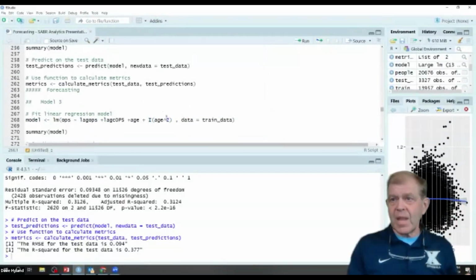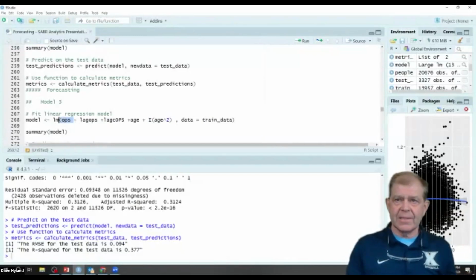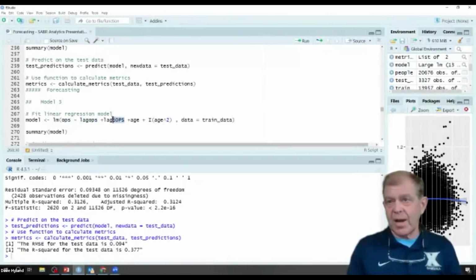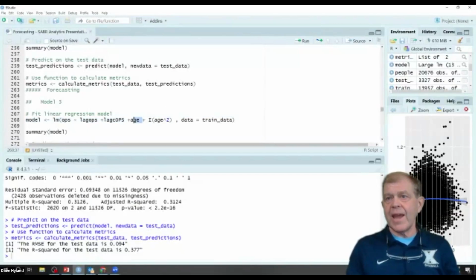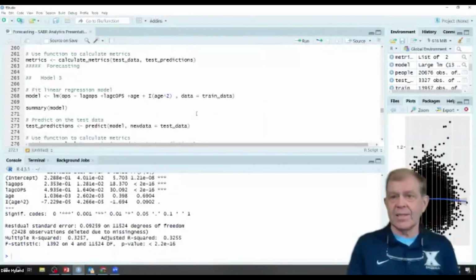So we're going to just do age squared here. We're going to have OPS as explained by last year's OPS, their career OPS prior to this point, their age and age squared. We're going to do that with the training data. So let's run that and summarize it.